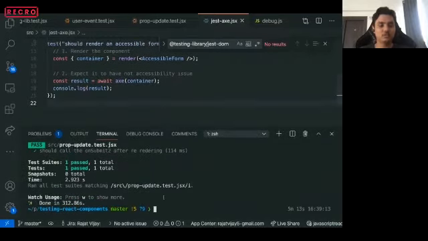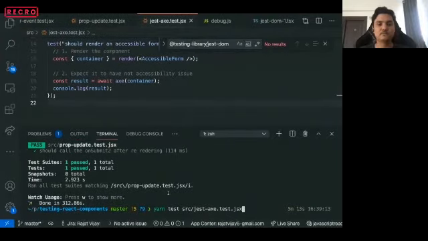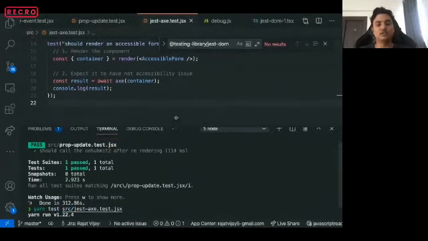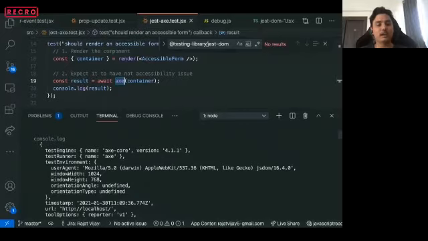Let me run this test again. I'll have to rename the file to add .test at the end of it. And let's see what happens when I run it. So for now, I'm just logging the output of the axe function from the jest-axe library.